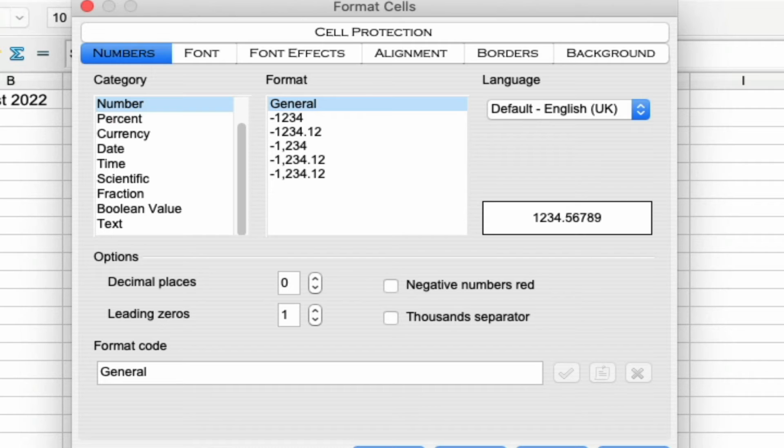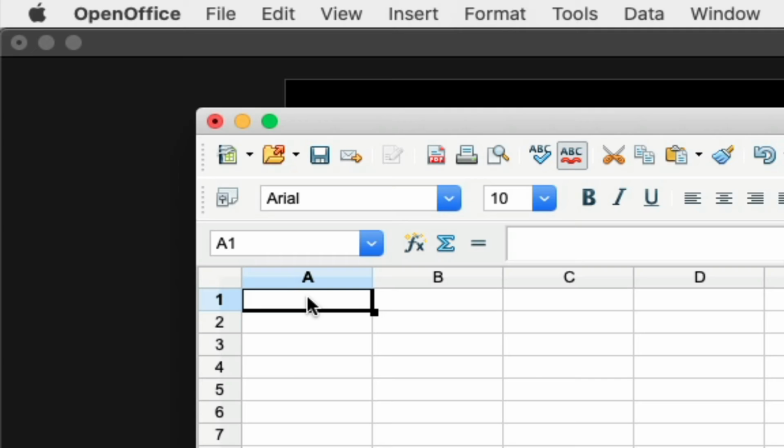So even if we try to format the date as a date, it still can't be used in this formula. What we have to do is enter the date in a way that is understood by the spreadsheet. So if we type the date out like this,